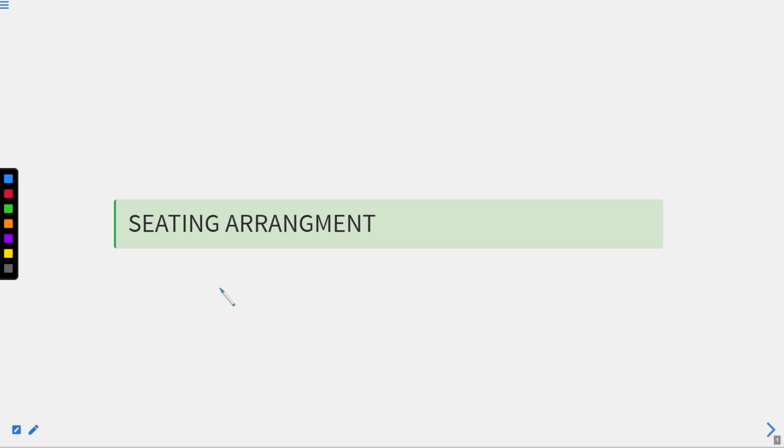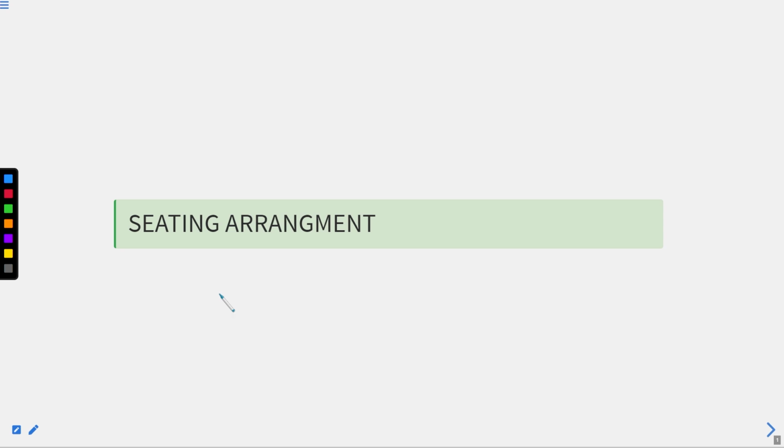Today in this chapter we are starting a very new chapter, that is sitting arrangement, right? In this chapter we are going to deal with a number of questions, that is 13. We are going to deal with questions in which the sitting arrangement of a few people or an object will be shown to you and you have to arrange them in a proper order. As soon as you are able to arrange them, you are supposed to answer the questions which are asked on the basis of this arrangement, right?